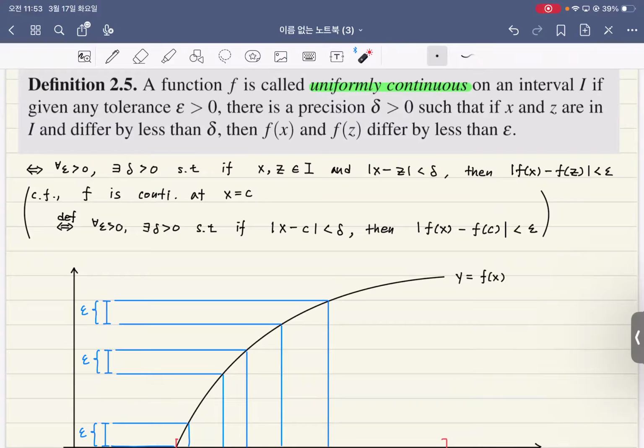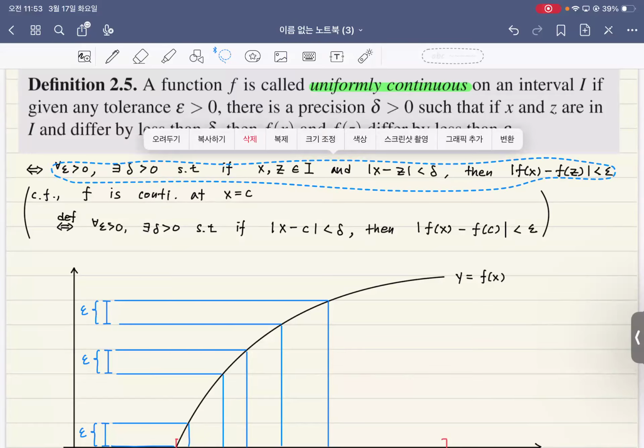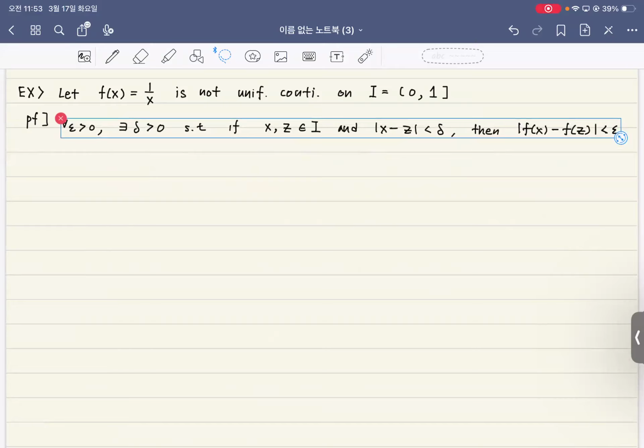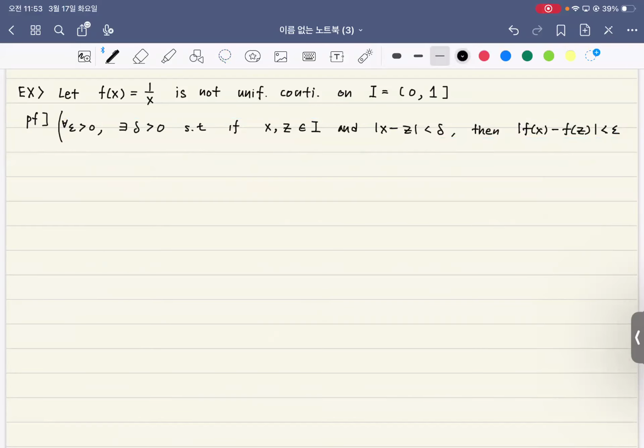I'll just copy and paste and take the negation of this. That means there is an epsilon, and for this epsilon, no matter how small your delta is,